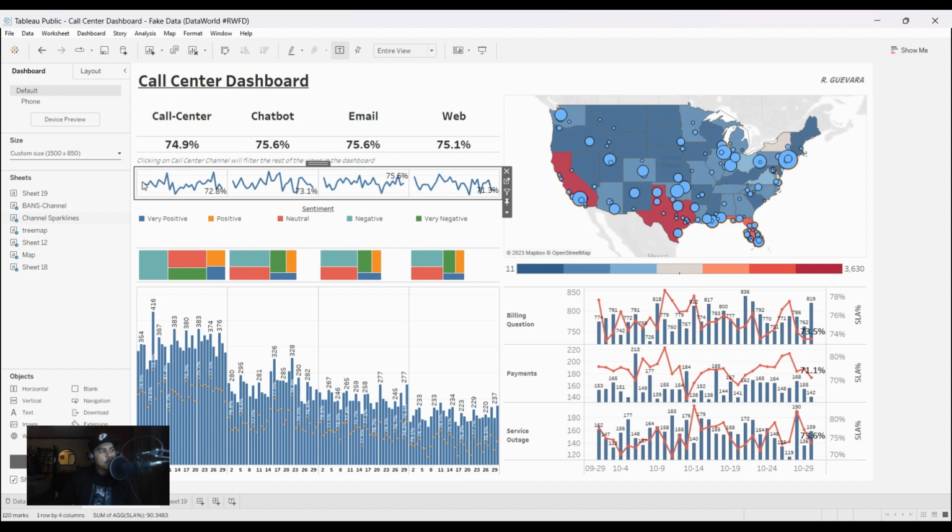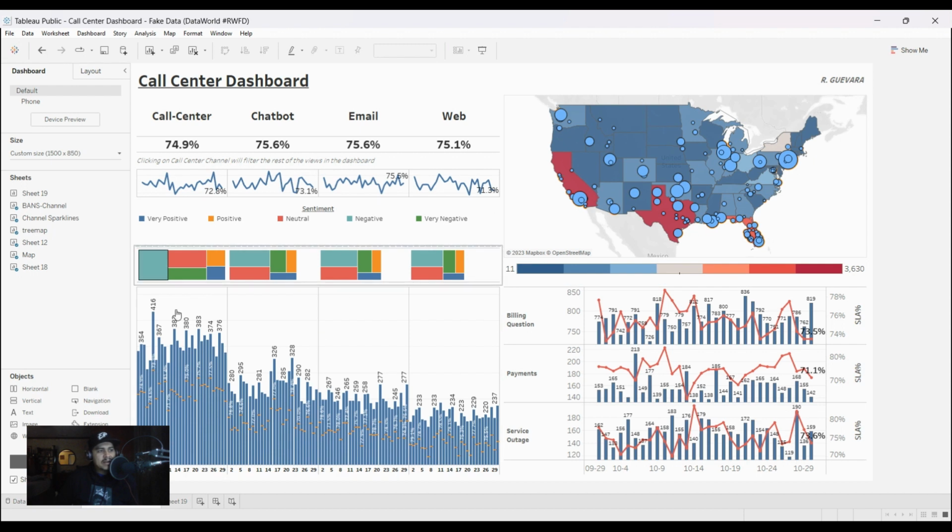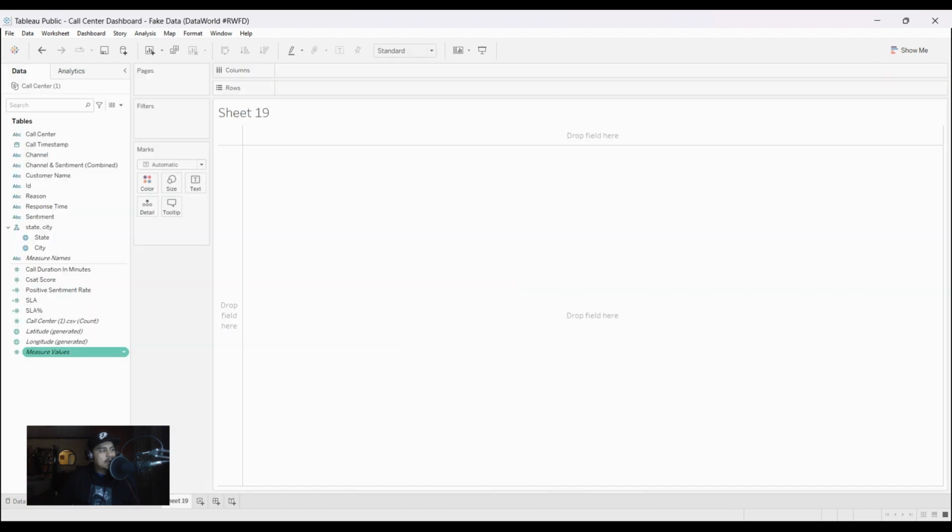I like this. It's really simple. It shows you the high level metrics that you want to show in terms of this data set. All we were able to create is service level percentage, maybe a positive rate percentage, some sentiment analysis. Let me show you real quick the calculation I created for